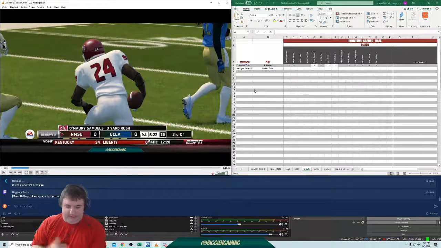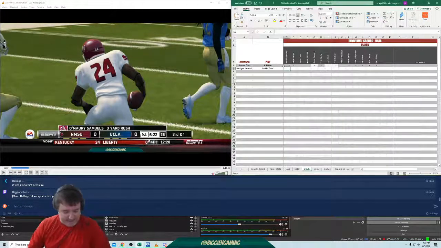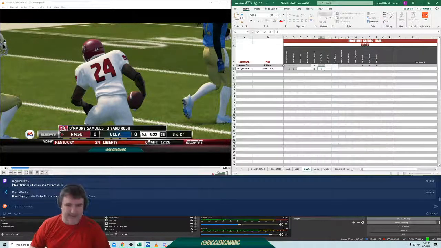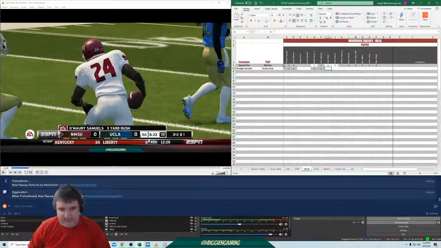It says 3-yard rush, but really it's a 4-yard gain because we were at 2nd and 5. So again, 2, 1. Okay? Just not good blocking. Okay. Tevis technically is a 2. You know what? I'm going to give him a 2 because it was enough that that guy's not going to make the play and he was working up to the safety.